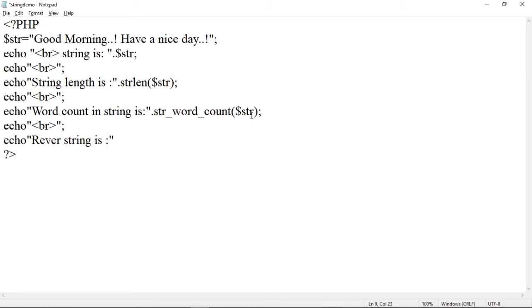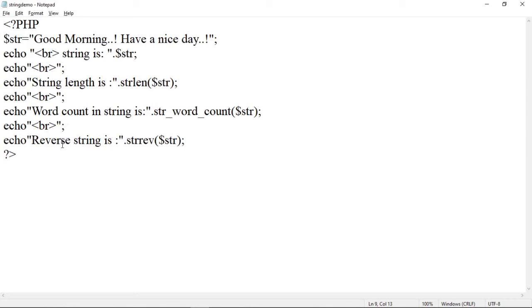Now to reverse a string we have to use the function strrev. Strrev in brackets, provide a string. The string is stored in $str. Then use semicolon. Here, reverse string is.